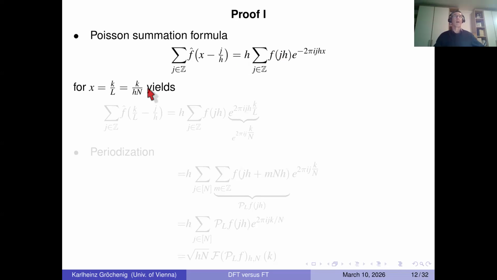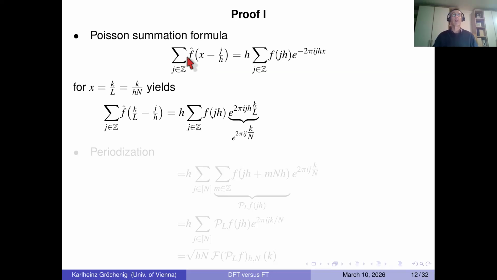Now let's evaluate the Poisson summation formula at k over L. That's k over h times n. Now let's plug in. The decay conditions on f and f hat will guarantee that the Poisson summation formula is applicable